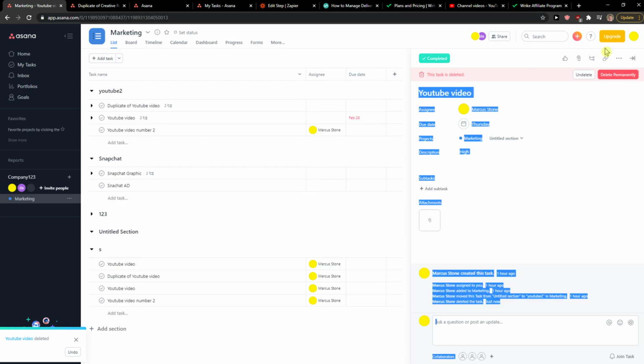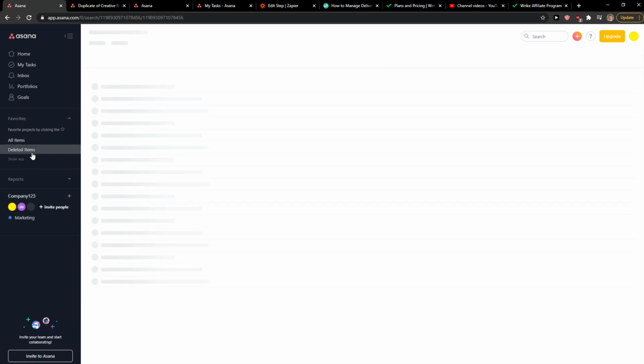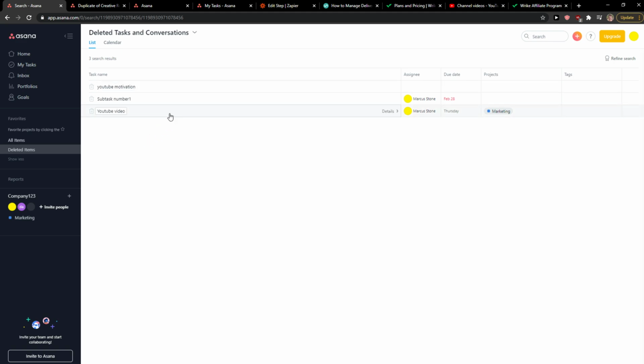So what you want to do is, when you have it, you just want to go to the left top corner or left tab, and you're going to see Favorites here. You want to click Show more, and then you're going to see Deleted items here. And you're going to see it here, Deleted tasks. So yeah,